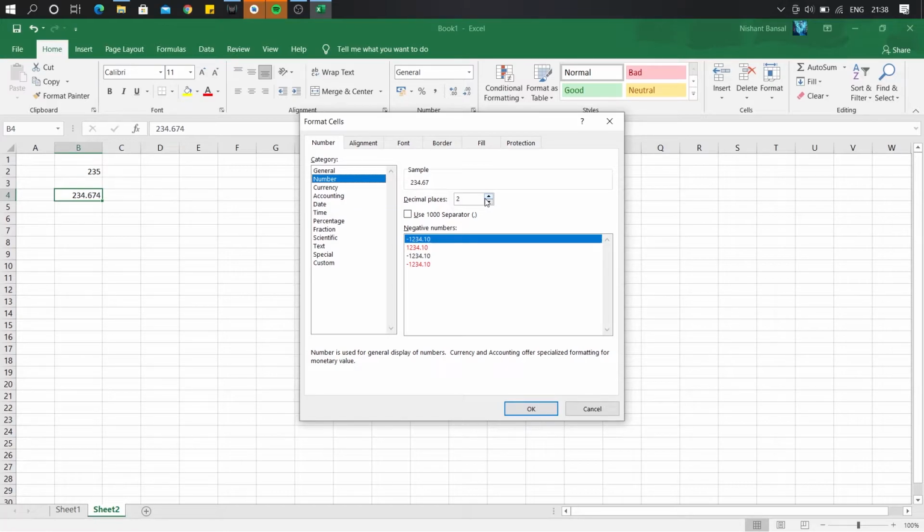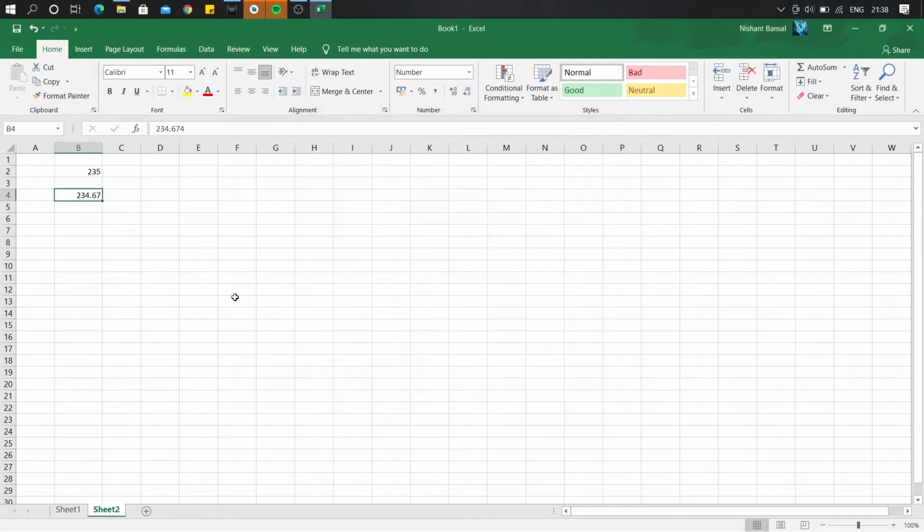So for example, by default it's already selected 2 here. So if we press OK, we would get the number which is being rounded off up to 2 decimal places.